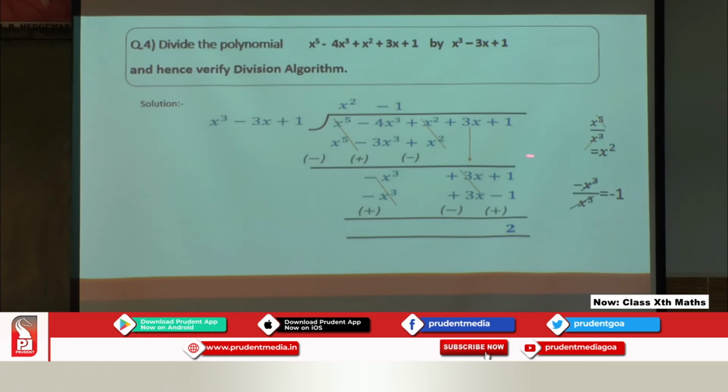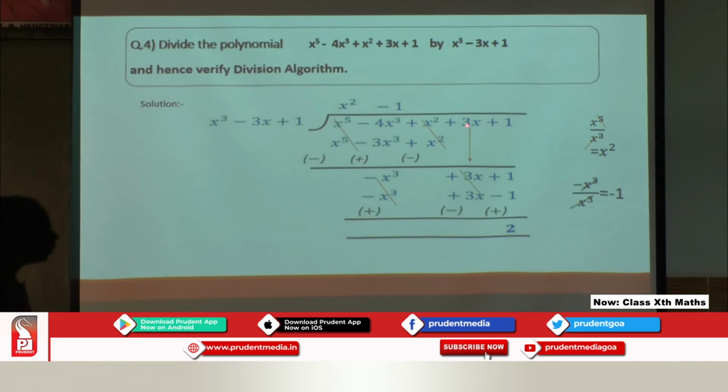Now again we should subtract, that means we should change the signs. Positive is changed to negative, negative to positive, and positive to negative. Now next we cancel the first term, so the answer is 0. The next, minus plus, subtract: 4 minus 3 is 1x square, and the greater number is negative, so negative sign. Here the coefficient of x square is 1 and here also the coefficient of x square is 1, with positive and negative signs, so we can directly cancel this term. So here also we got 0.